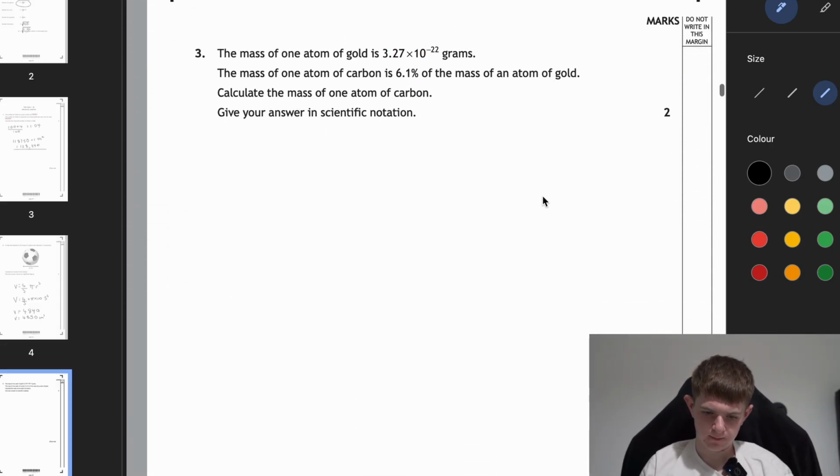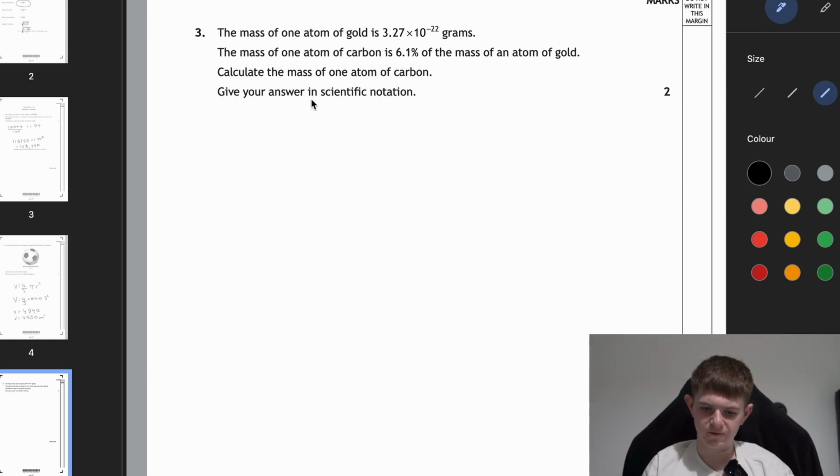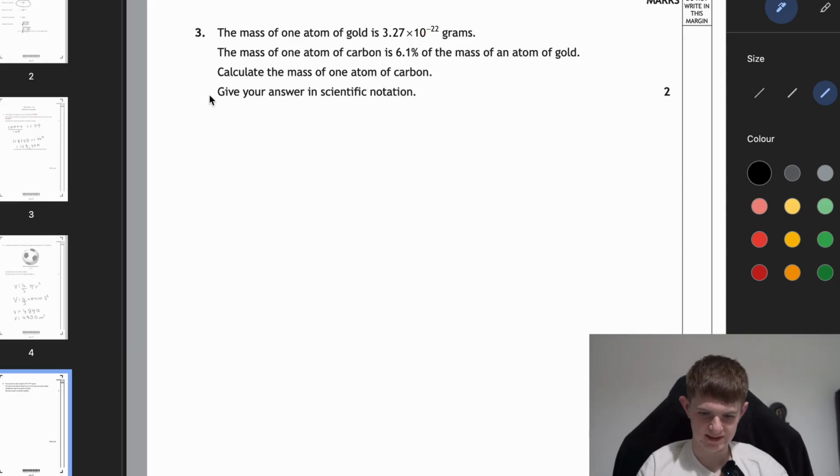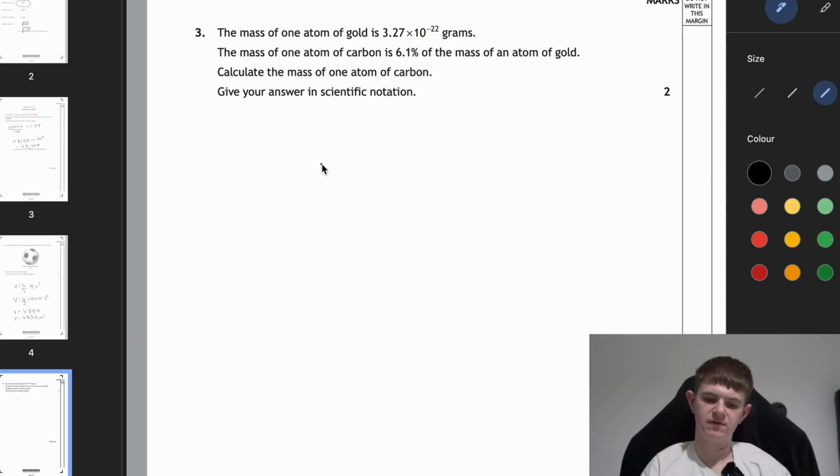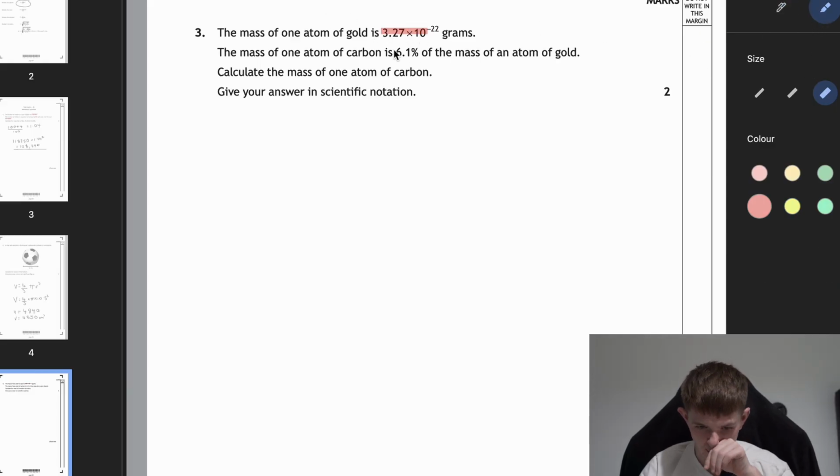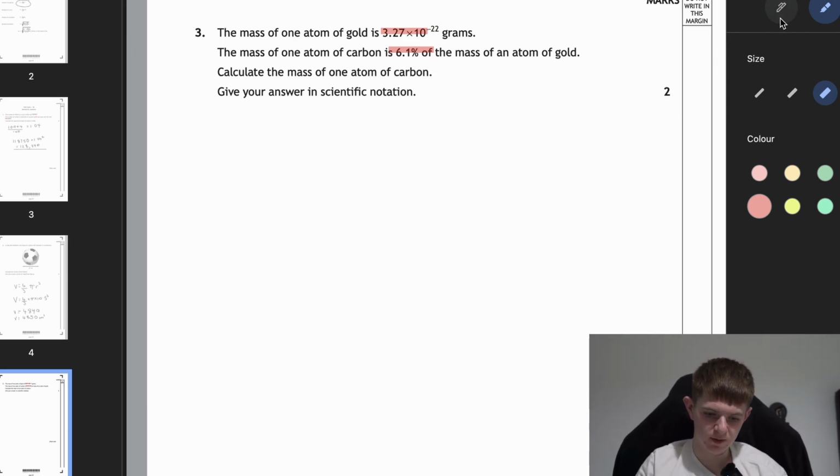Question number 3. The mass of one atom of gold is 3.27 times 10 to the power of negative 22 grams. The mass of one atom of carbon is 6.1% of the mass of an atom of gold. Calculate the mass of one atom of carbon. Give your answer in scientific notation. First things first with this question, I'm going to highlight the numbers that we've been given. So one atom of gold is 3.27 times 10 to the power of negative 22. One atom of carbon is 6.1% of the mass of an atom of gold. So that means we need to figure out